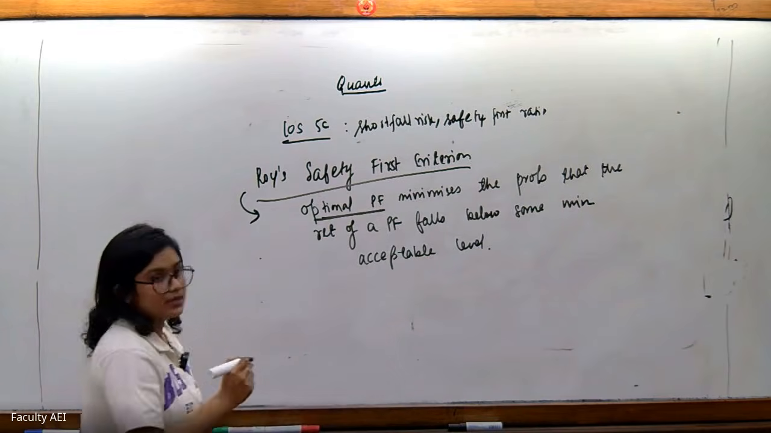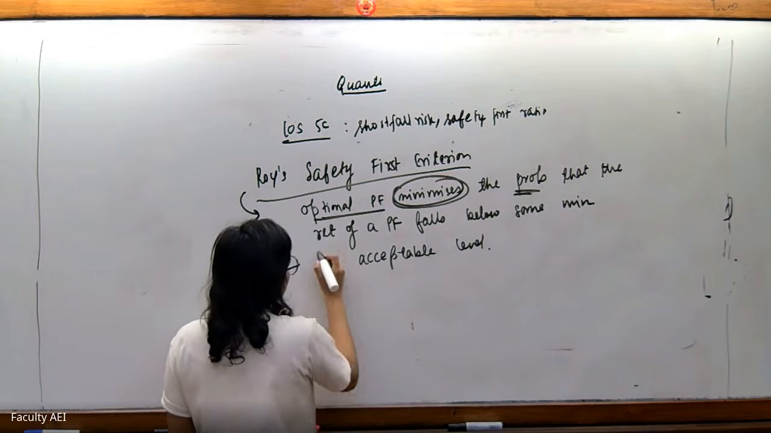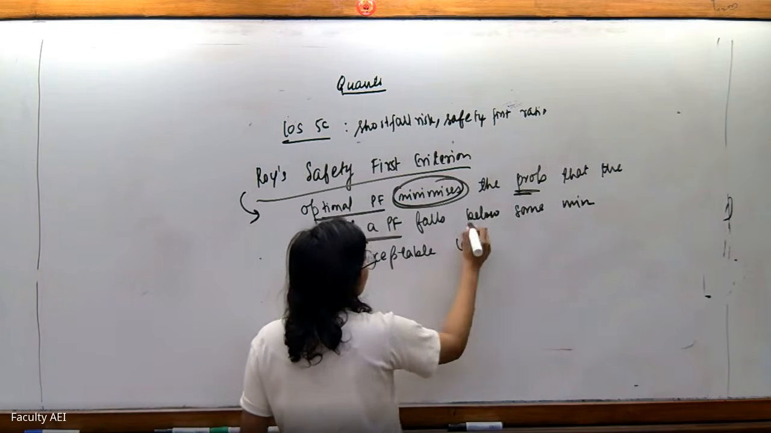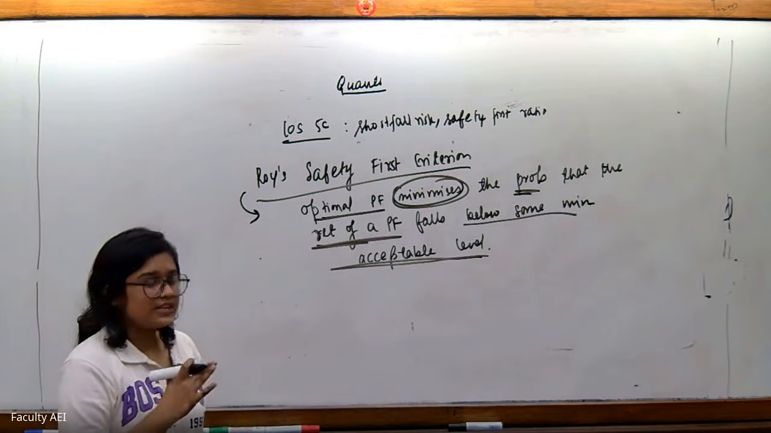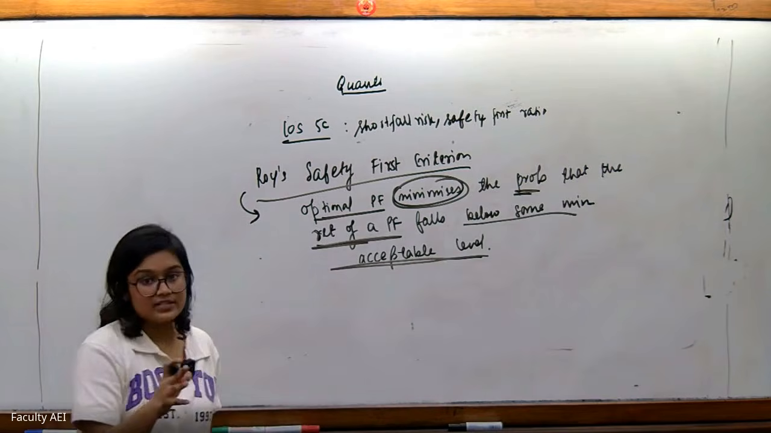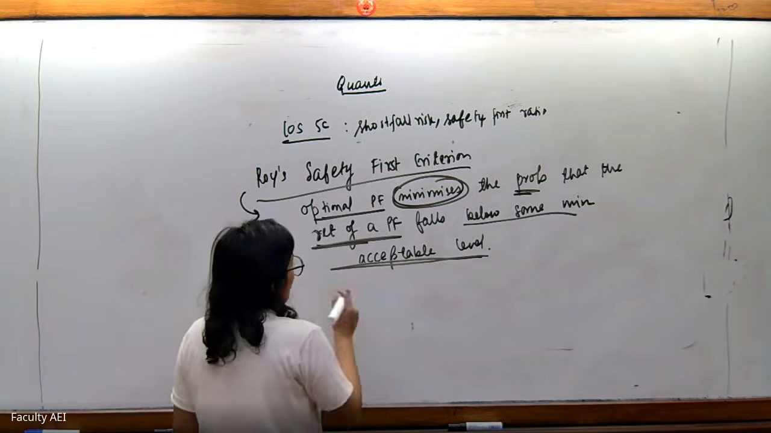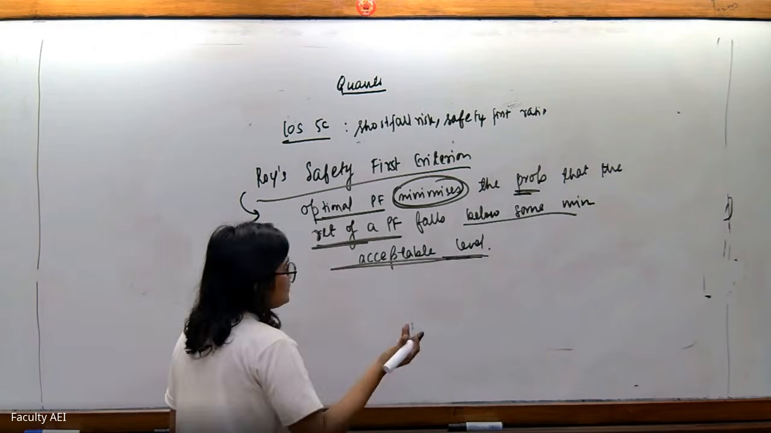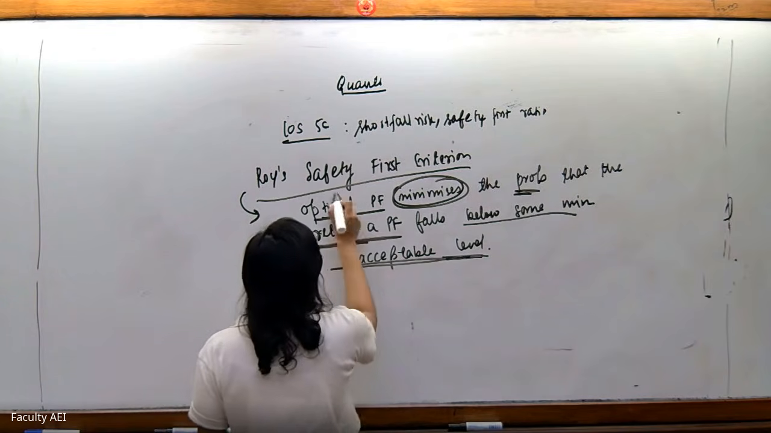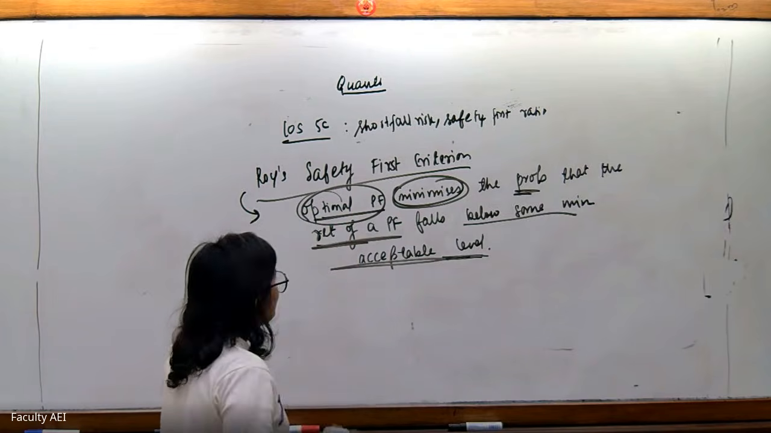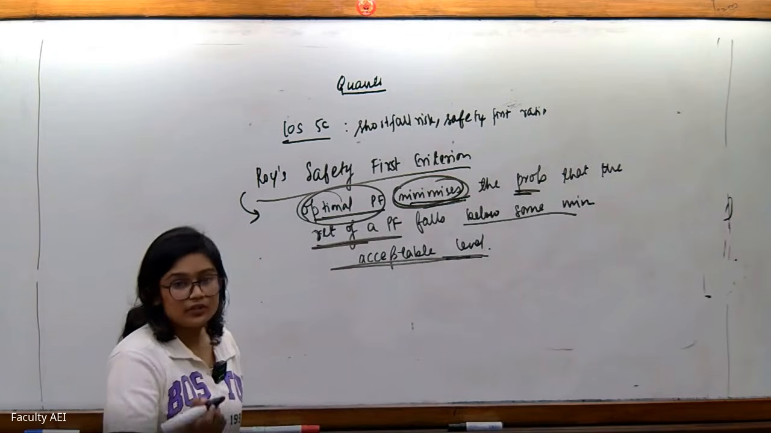An optimal portfolio is the portfolio which will minimize the probability that the return of your portfolio will fall below some minimum acceptable level. So very similar to the shortfall risk, shortfall probability, that you have some certain acceptable level, beyond which what is the probability that your portfolio will hit. So Roy's safety first criterion tells you that your optimal portfolio will always minimize the probability that the return of the portfolio will fall below some